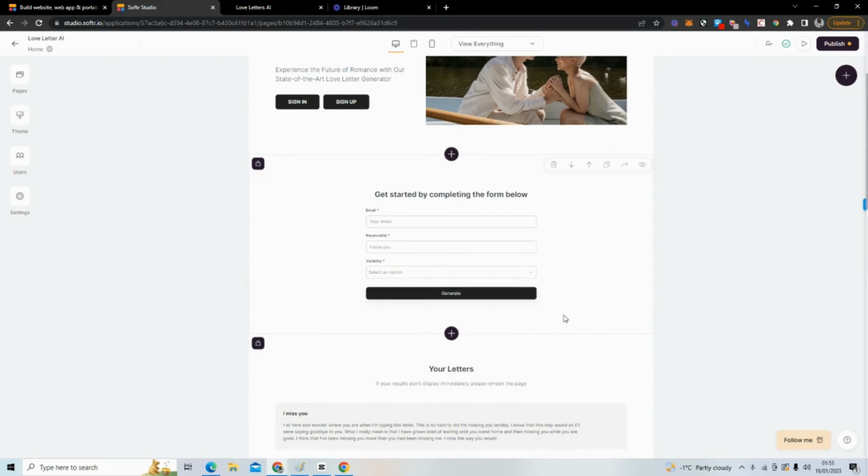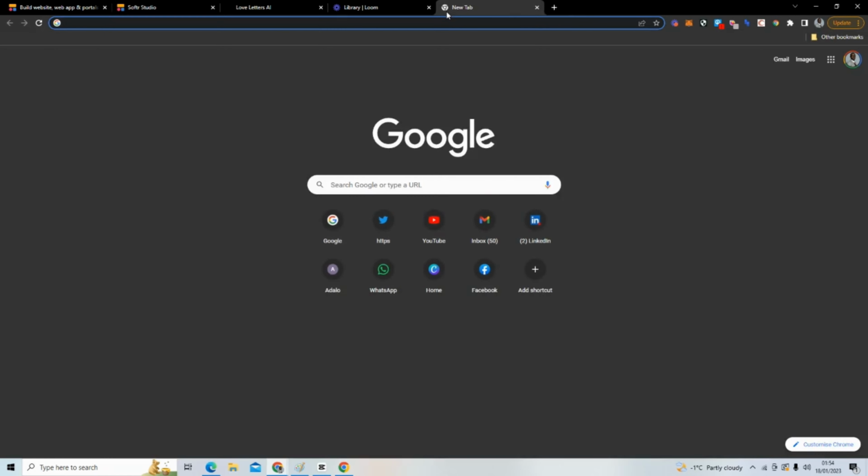And what I have here is a form after the user logs in that allows them to actually generate the love letter. So they have to give us a keyword, they have to either make it public or private. But here I have something interesting where it says email. And even after the user logs in, they have to give us their email address, which is really not what we want. If we take a look at this in production,